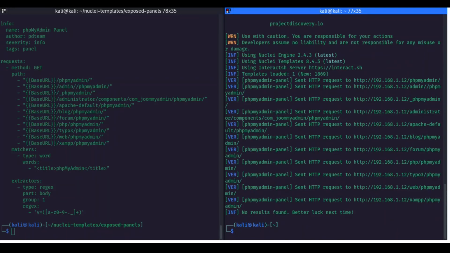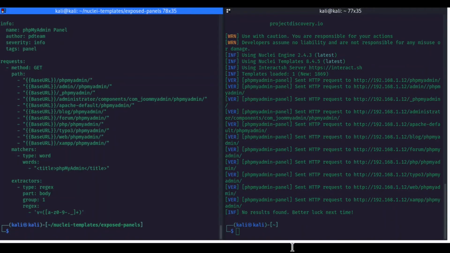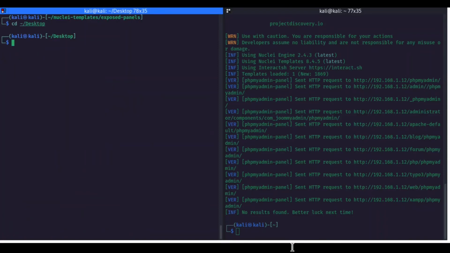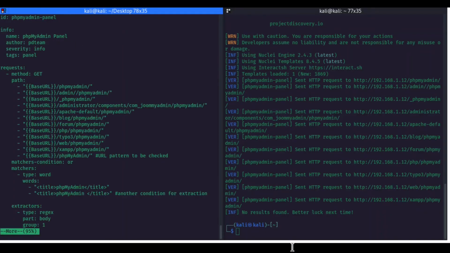So I have made some changes, and I will be running that changed script. Here a base URL has been added with this regex, with this path, sorry: PHPMyAdmin, in camel case, PHP capital My and then admin. This is also there. Also, when we get a response for extraction, a space is also there. The space was not there before, so this has been updated today, which is a good thing.